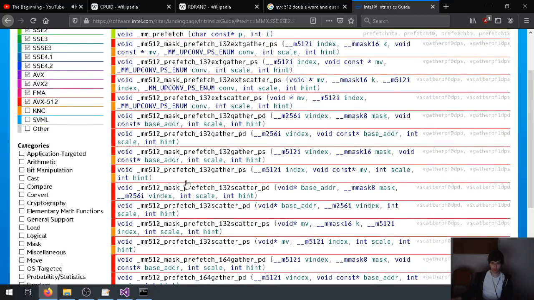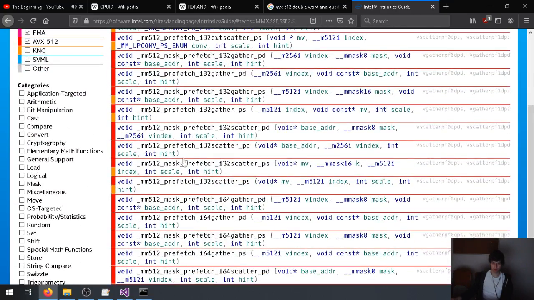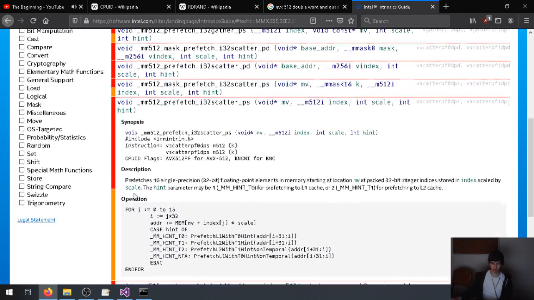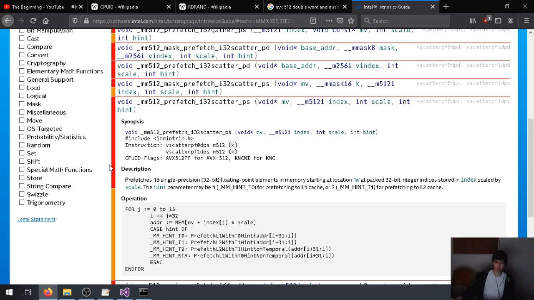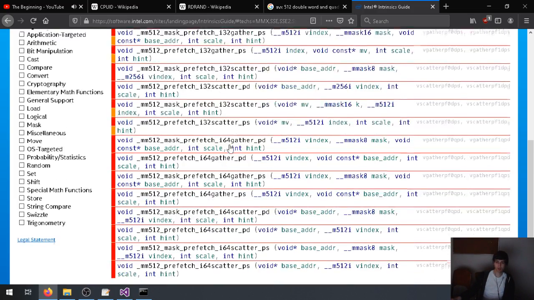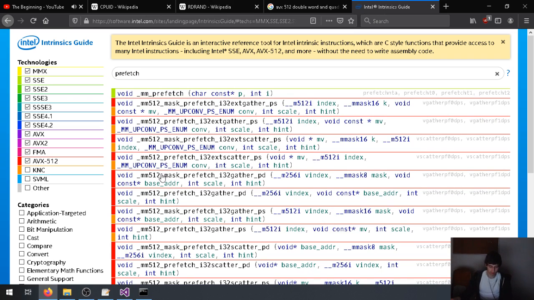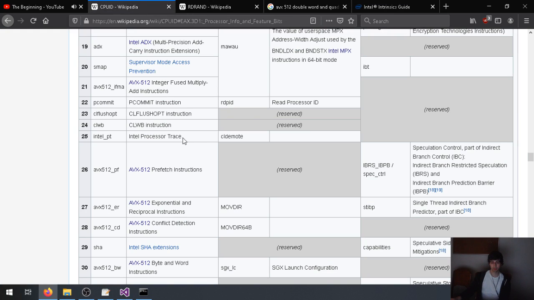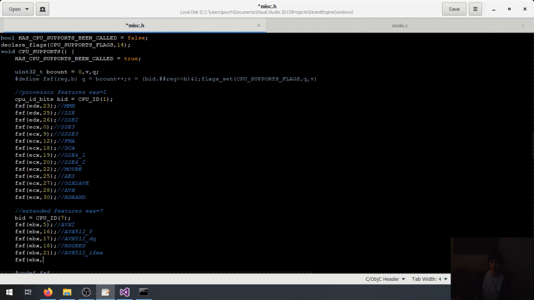These 512 prefetches really make me wonder though if when you're dealing with 512 bits, if the prefetch starts actually being that beneficial. Floating point elements starting at base, packed integer indices. Oh, interesting. This actually loads from indices, almost like a texture. Or sorry, no, almost like vertices in a mesh. That's really cool. See, this is why I like looking at this stuff, just to know what's available. So yeah, I'll just include this because